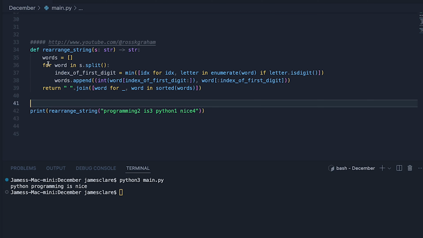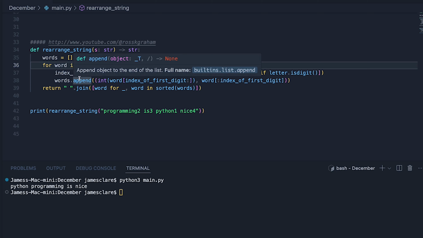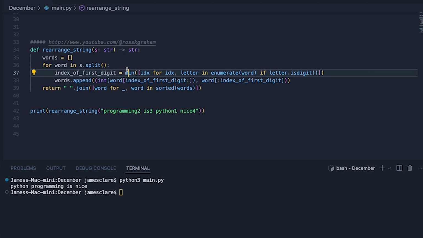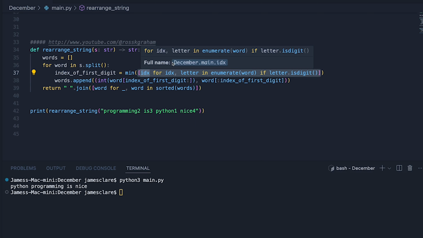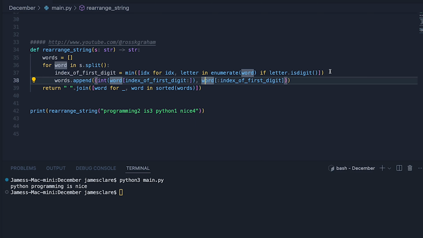So let's see. For word in s.split, okay, so you're starting the same as the previous solution, and then you're capturing the index of the first digit. I think you can assume it's always at the end, but I think this is a good idea. Index of first digit, so you're saying the minimum of the following. And this bit here, index for index letter. Okay, yeah, so you're iterating over the entire string, and then you're finding the position of where the number is,